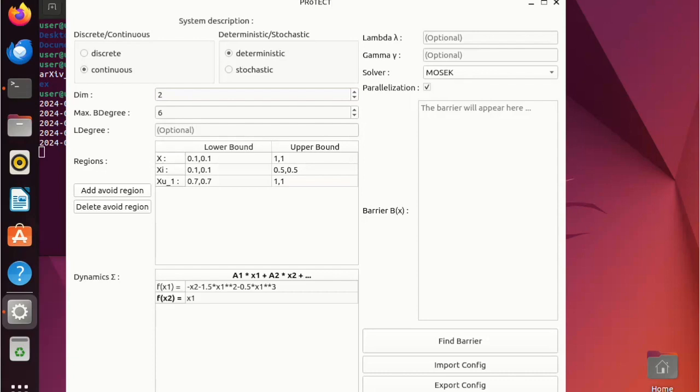The parameters lambda and gamma are optional, and we can choose the solver that we want between MOSEK and CVXOPT. On the right hand side you can see a little checkbox saying parallelization. If parallelization is checked, then for the maximum b degree of our barrier, we will choose all of the even values up to and including this value and run them in parallel, returning the first barrier certificate that we get that is correct. If it's not checked, we will simply use the max b degree value and run one simulation